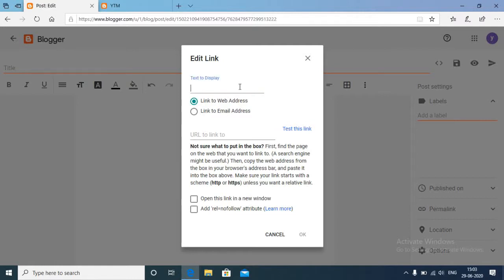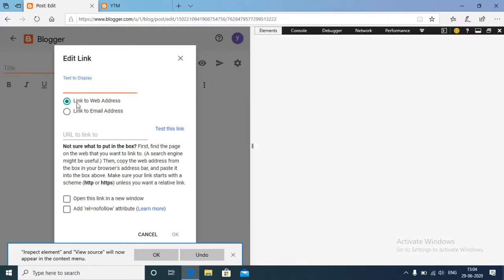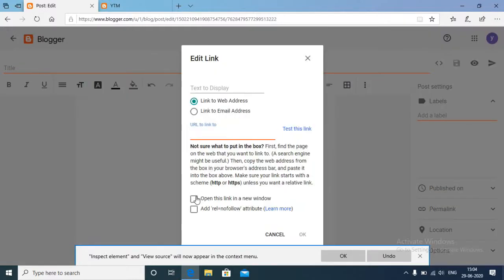For example, if you want to post a YouTube video as a link in your blog, you can give the name of it here and choose web address or email address. Obviously a YouTube video means web address, so you will click here and paste the link of that YouTube video, then click open link and click OK. It's very simple.